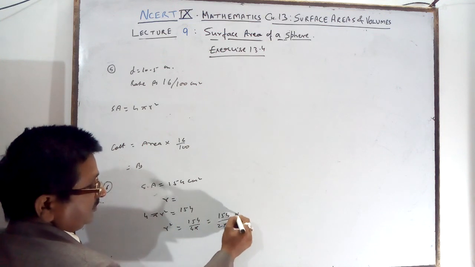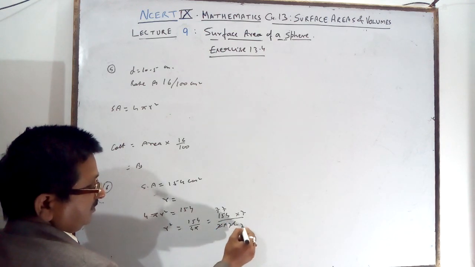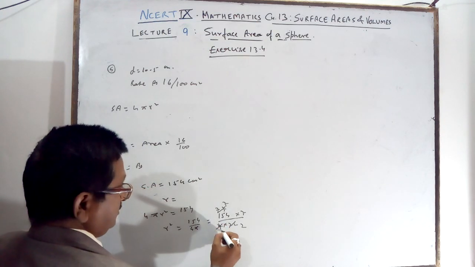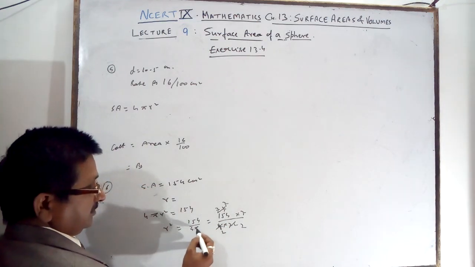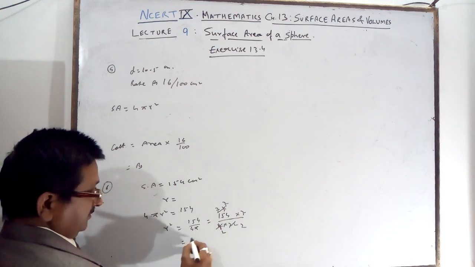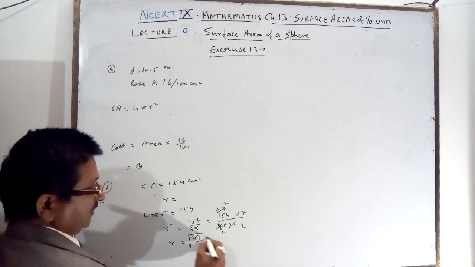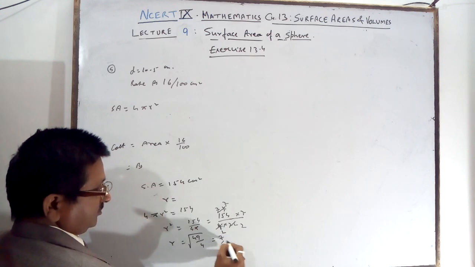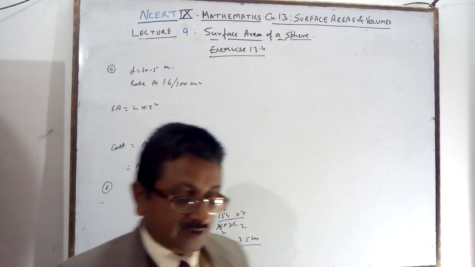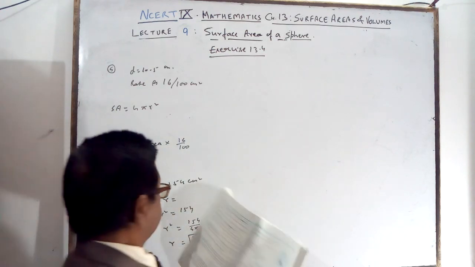154, 2 into 22 and 7 will be upside. 2 7 ja 11, 2 ja 11, 7 ja. Here you are getting 4 is there, not 2. 2 2 the 4, 2 7 the 2 2 the, what are you getting? 49 by 4. So what is r? R will be square root, that is 7 by 2 is equal to 3.5 centimeter. What is the surface area you are getting? 3.5 centimeter you are getting the radius of this.